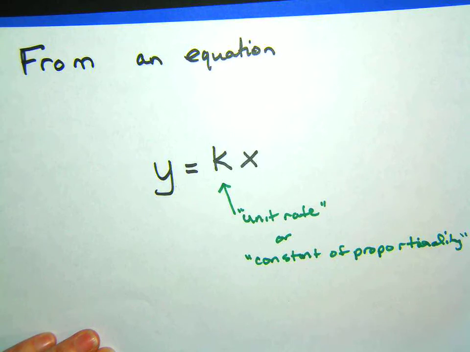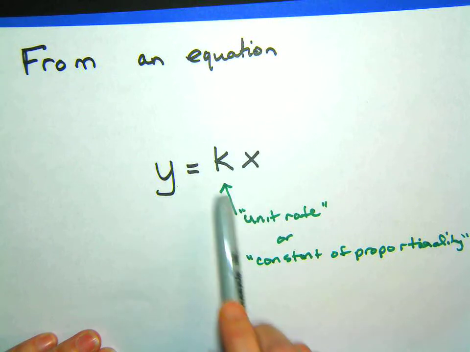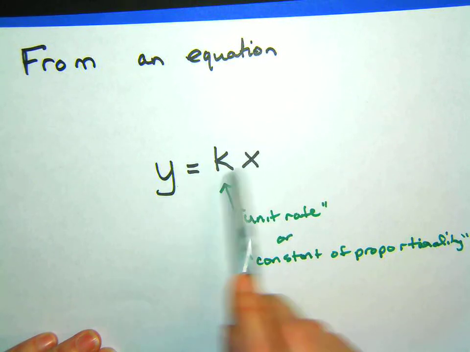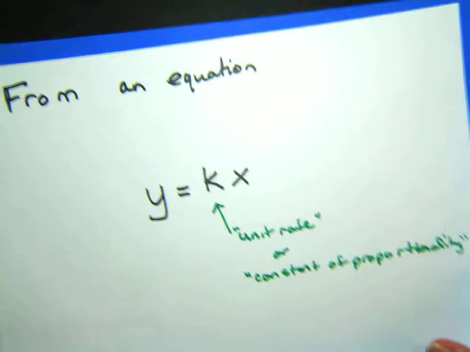So if the unit rate was 1 pound of oranges cost $4, then you could put y equals kx, where y equals 4x, where the number of pounds you bought produced the total cost of those. So that's just a review. That's the things we want to bring up. Now we're going to go ahead and look at how they do that in